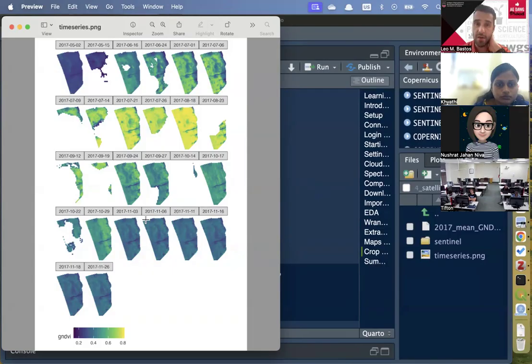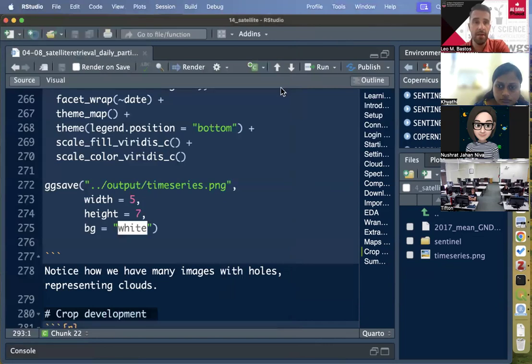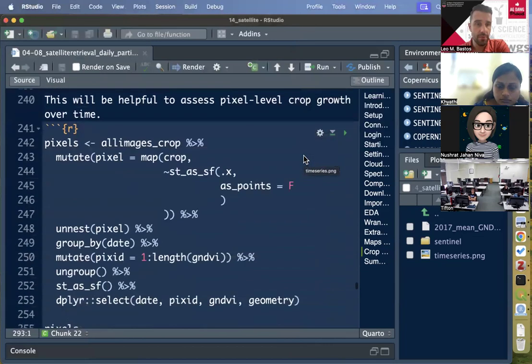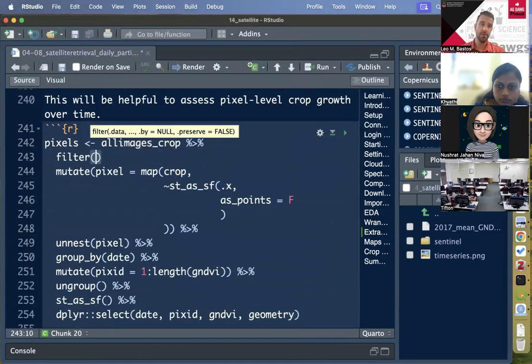And again, we can do it in a more automated way, but if you prefer a simpler way, we can just come here and check. Like we could probably drop May 15, we can probably drop July 9th, and so on. I mean, there's a lot of ones we could drop here. So what you could do as well, if you're doing it in a more manual way, you could come right here on the pixels and just do a filter. So we could say date. You can either filter in or out, right? So if we want to filter in, we would do something like,